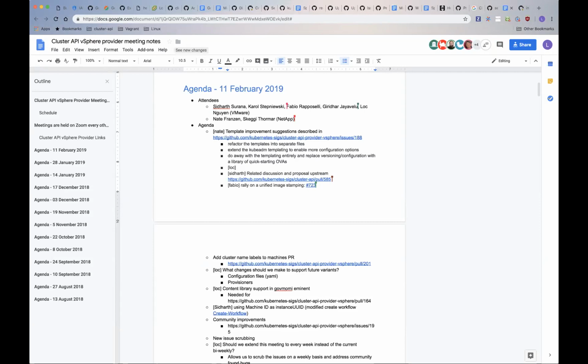So if I may add, there was a discussion. There are two aspects to this particular problem that Nate asked about. One aspect, which you touched upon a lot, was the stamping. If we could stamp out the OVAs that we can directly use, that's perfect. But the other aspect that I see is also intriguingly part of this is how to extract out